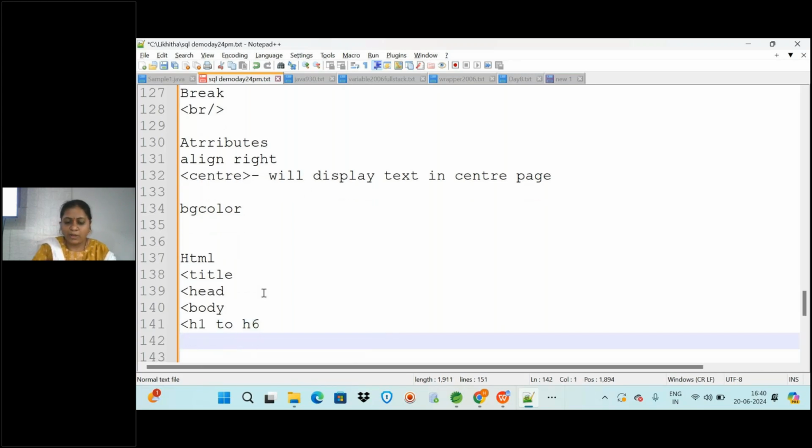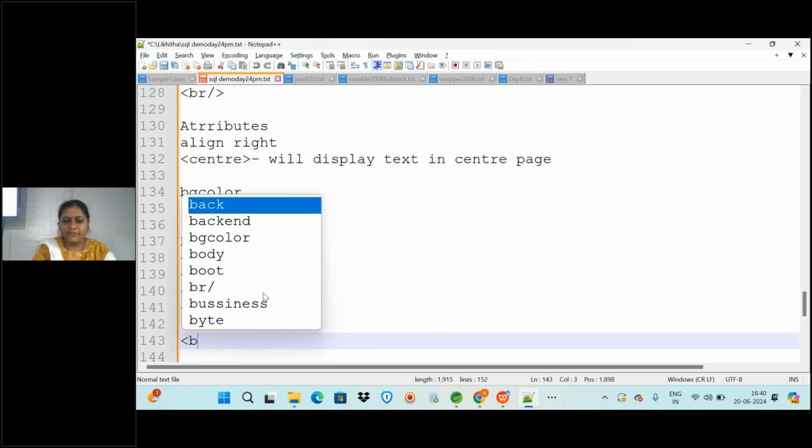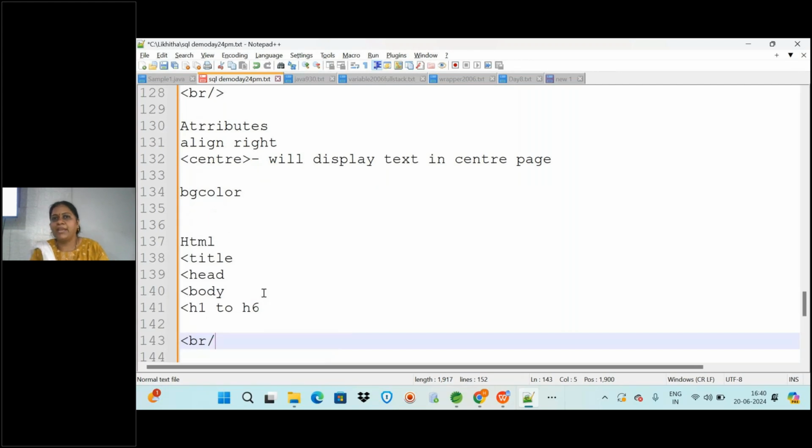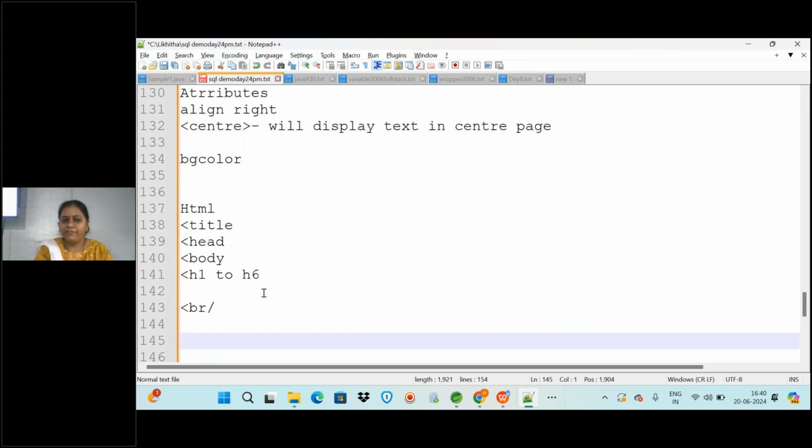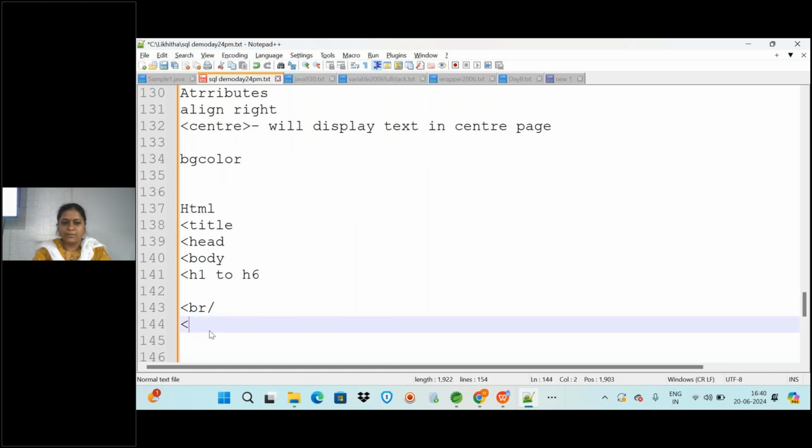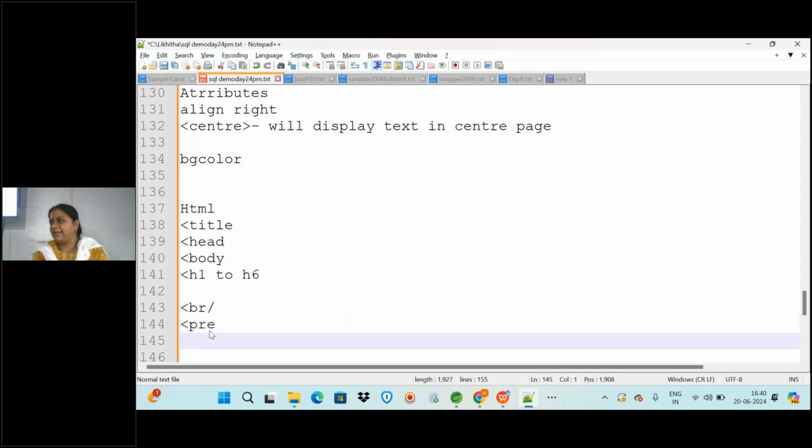And also one more tag, the break tag, which does not have a separate opening and closing. So these are the basic tags we have. And one more tag I discussed is the pre-formatted tag, which is used to display pre-formatted text. Is it clear?